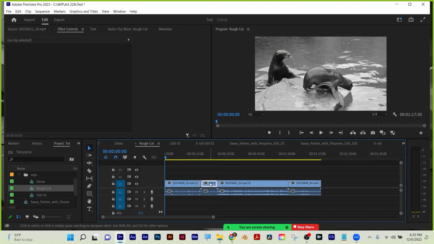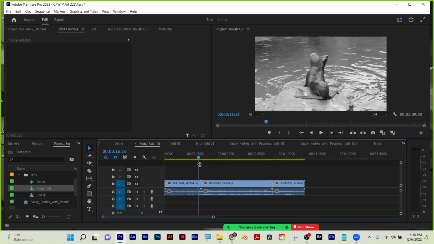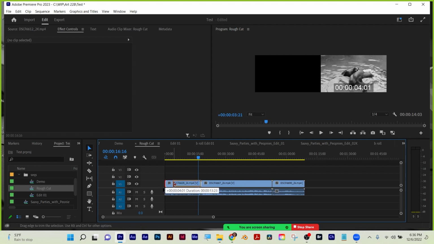And I'll get rid of this short clip too. I'm just right-clicking to ripple delete. All right. Everyone see how I've got 3 fairly long clips. Here's what I'm going to do. I'm just going to randomly shorten,